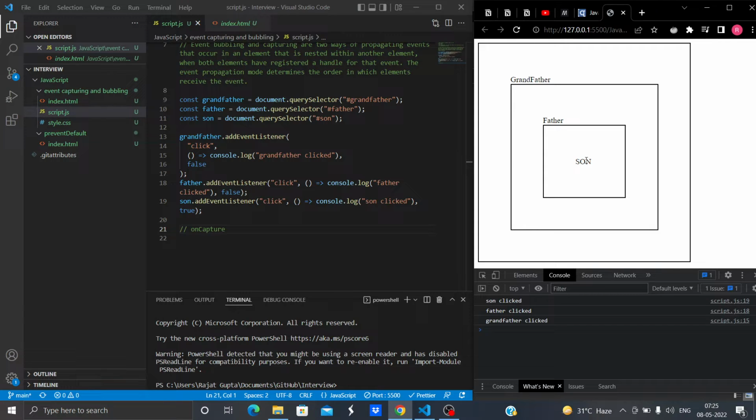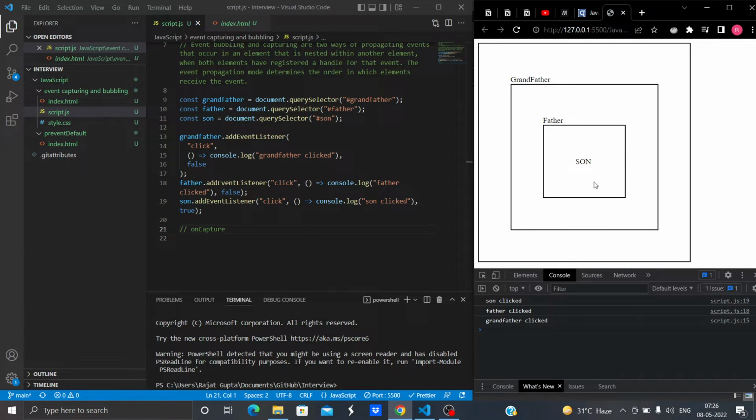When I clicked on sun, capturing will take place. Will grandfather run? No, value false. Will father run? No, value is false. Will son run? Yes, it will run, this time in the capturing phase itself, and not in the bubbling phase. That's the difference. It will run in the capturing phase itself, and we'll see sun clicked.